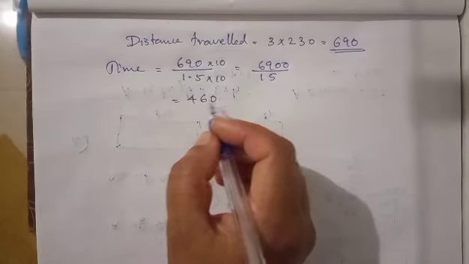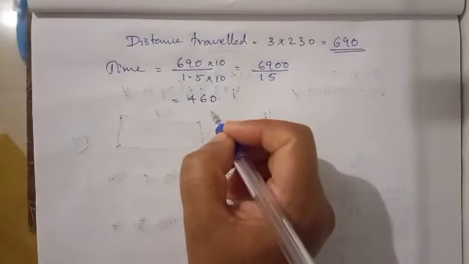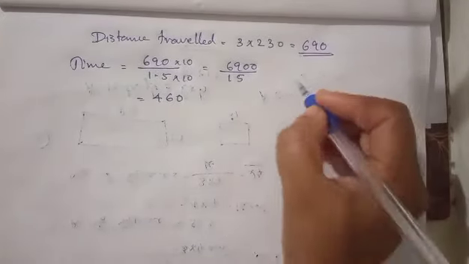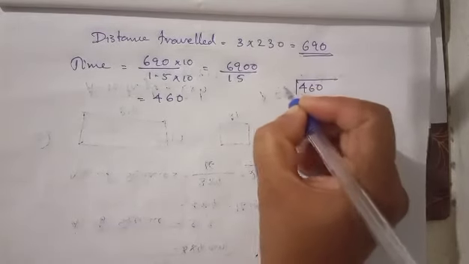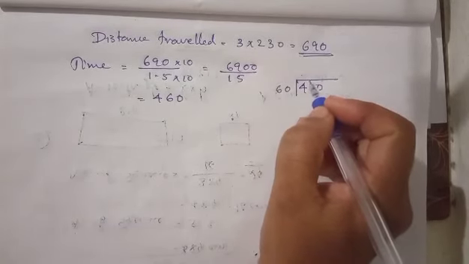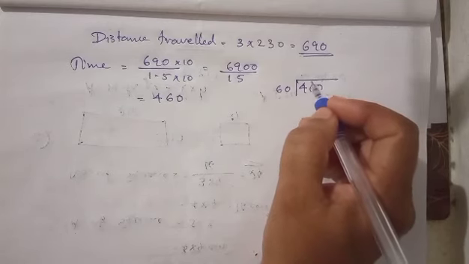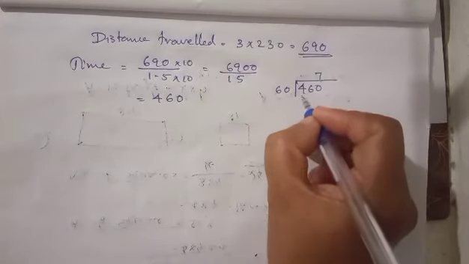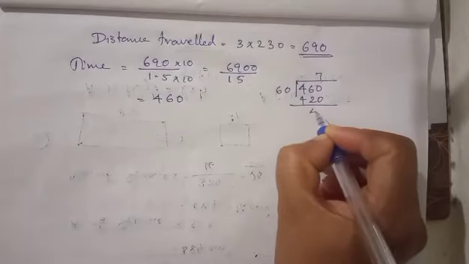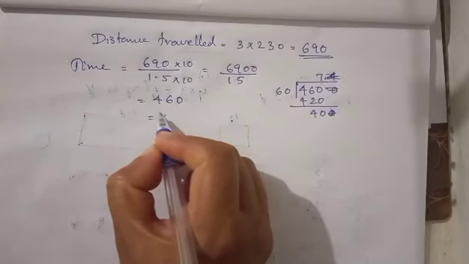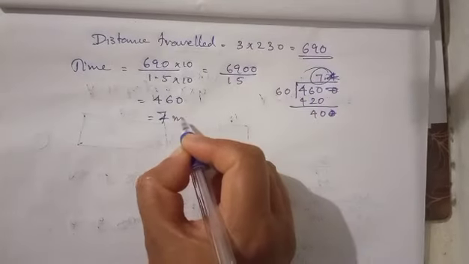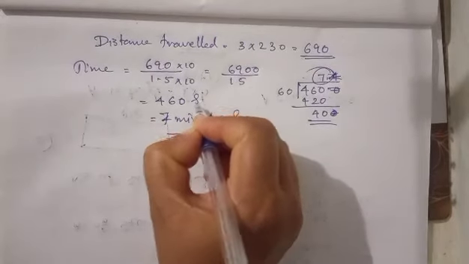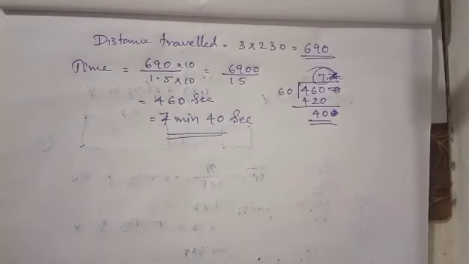Then we have to convert in minute and second. How to convert this into minute and second? This much second we have to convert. That is 460 dividing by 60, if it is 60 seconds coming, we can calculate as 1 minute. 7 sixes are 42, 420, then 40 seconds, we can write as 7 minute and 40 second. This is the total in second. We can convert into 7 minute 40 second.